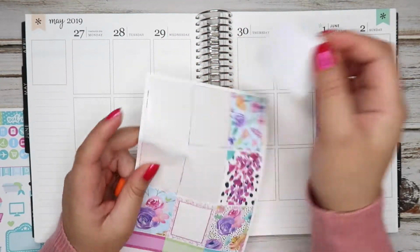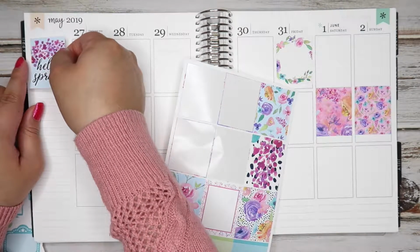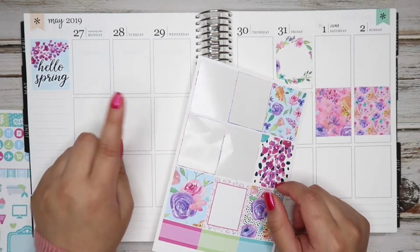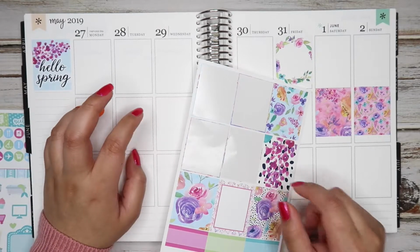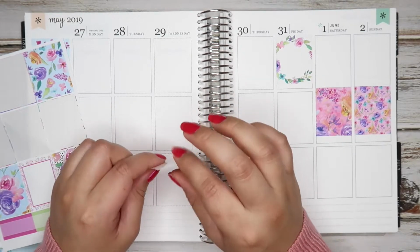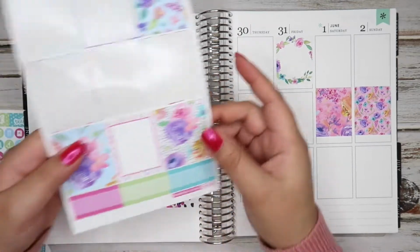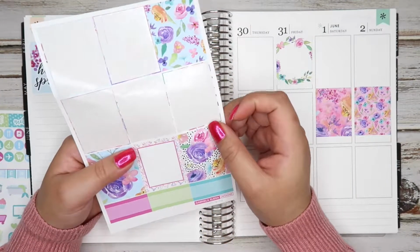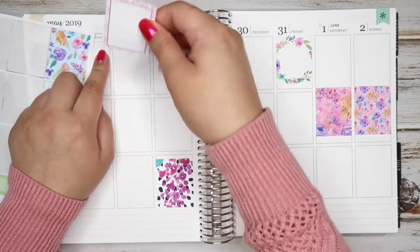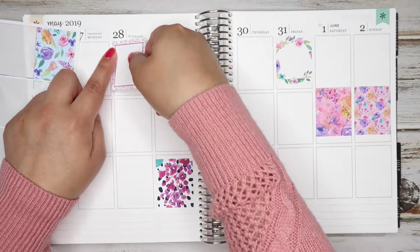I do have this quote box which does say Hello Spring. I'm just going to stick that to the top of the sidebar column because that way it's not drawing attention to the center of my page. And because this is mostly polka dots and spots, I'm just going to put this at the bottom of Wednesday because there are 9 squares. There's going to be a little bit of overlap of those. And then I'm just going to grab this one, which I said was going to be for Tuesday. I'm just going to stick this to the very top because that is where I'm going to write my $2